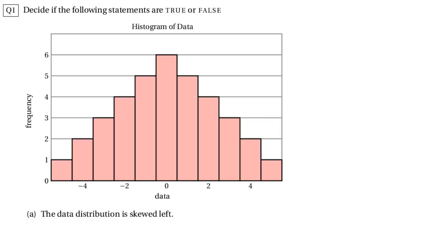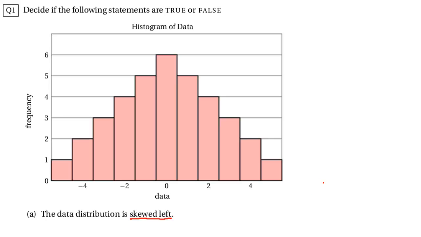So in question number 1 here, we're asked to decide if each of these given statements here in this part A through whatever is true or false. And they're giving us this histogram right here. And the very first thing that I see is they want us to check and see if this is skewed